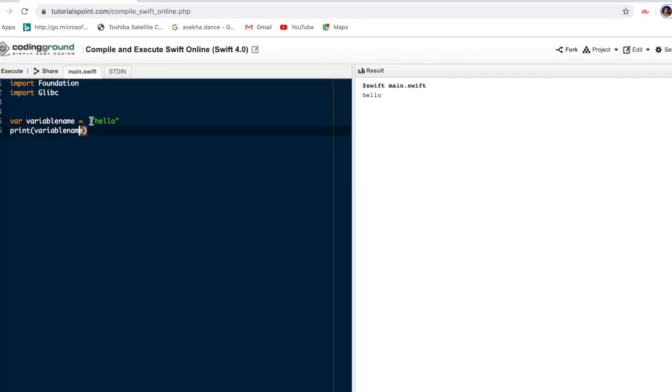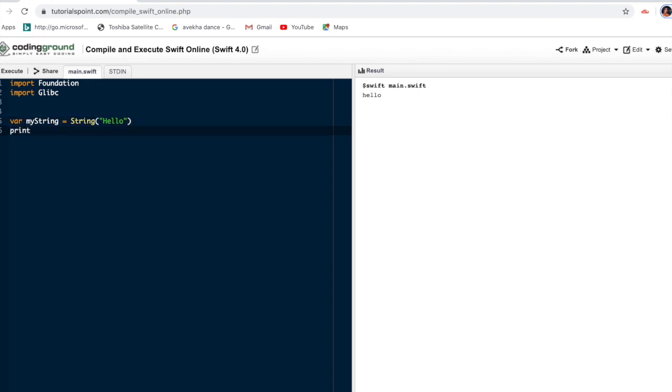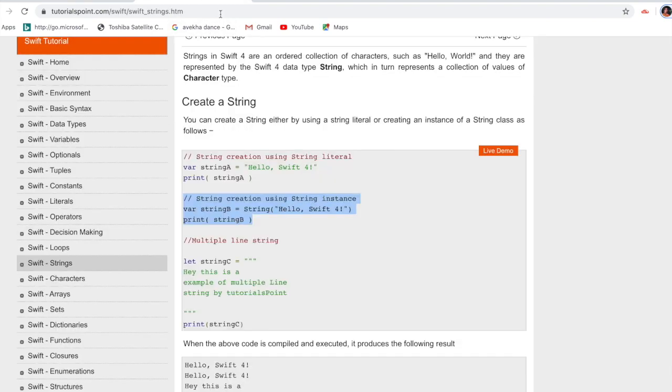As I already wrote, my string is equal to, and first we can give the initializer String, and in this string I can give "hello". This way I can also create my string. So this is the way for creating a string instance.